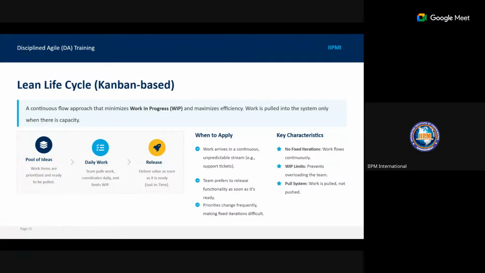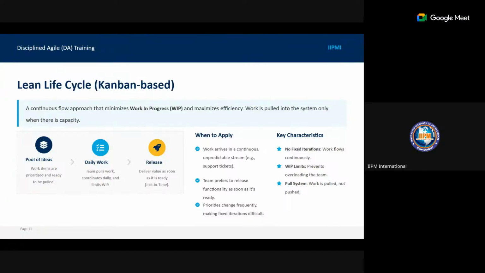Because as I'm discussing now, Disciplined Agile is already a framework that has been developed. So your assignment is to use it the way they've already constructed it. And like I said earlier, if you are a member of PMI, you can always access the DA.